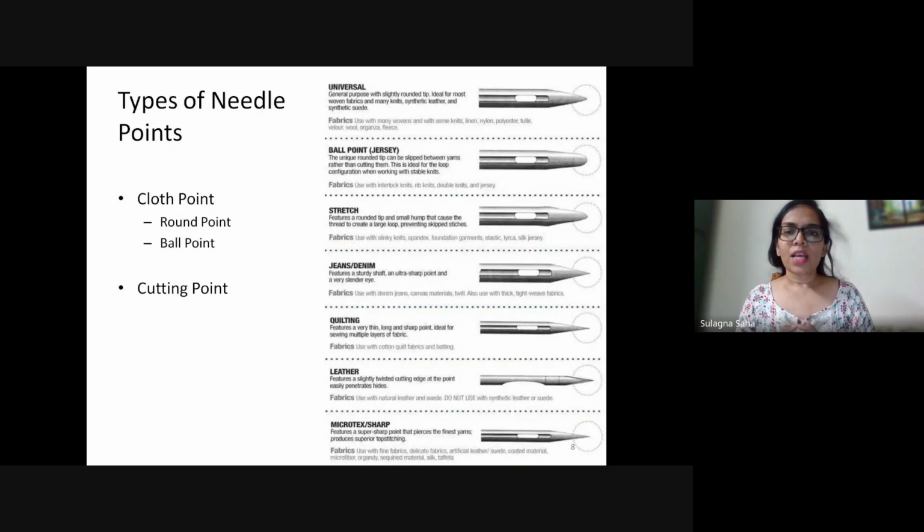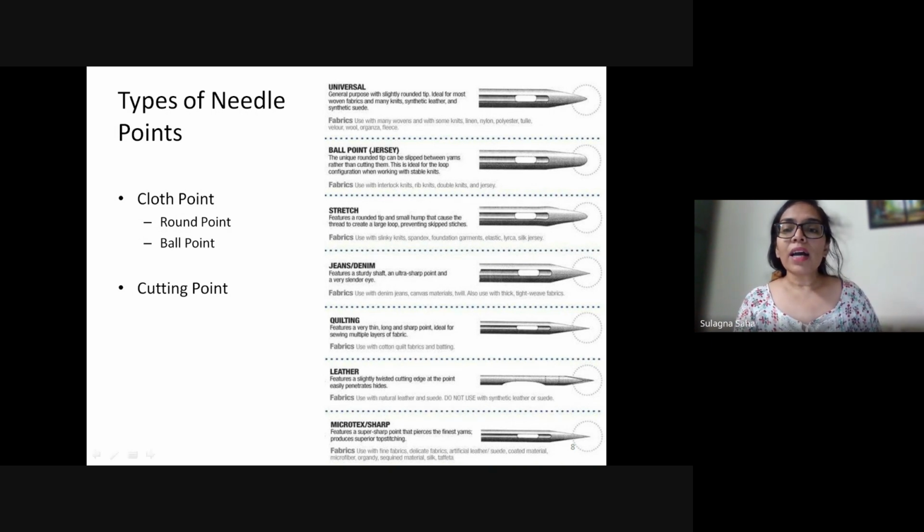Yes, ma'am. So it is very important that when you are stitching knitted fabrics, you use a ballpoint needle. What this ballpoint does is, when it penetrates through the fabric, it just pushes the interloops, the loops as we call them, to the sides, and it goes through a gap in the fabric, so it doesn't tear the fabric.